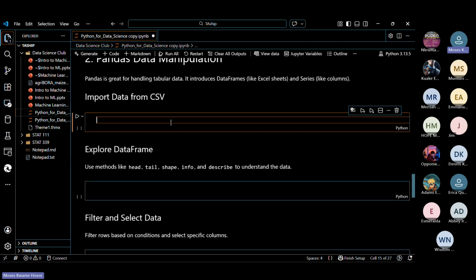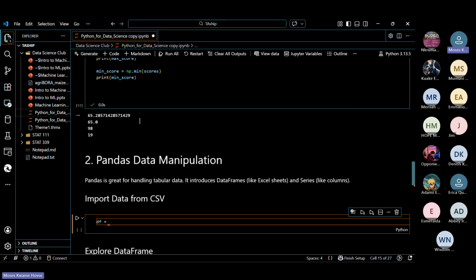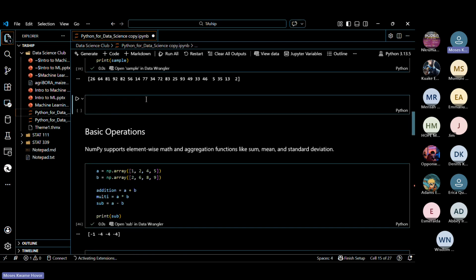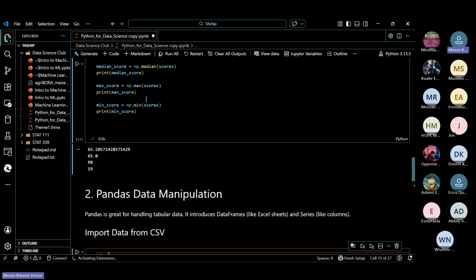So we are going to see a very simple way to import data. Specifically, we are going to import a CSV, a comma separated value file, into Python. I already went to Zindi and took one of their datasets. We are going to import it. I'm going to call my data df, and I'm going to call pandas. Mind you, I imported pandas and gave it an alias, pd. So I'm going to use pd here.